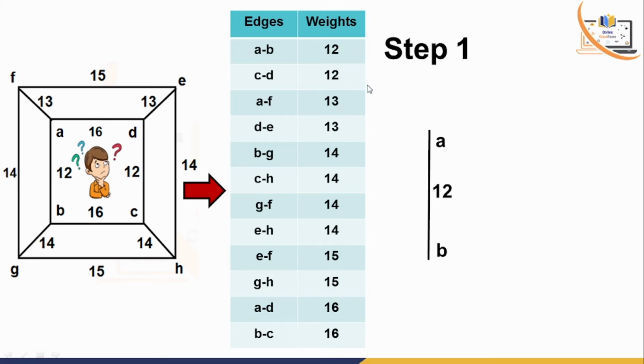And look, if I focus on step 2 and if I select that edge CD, still this particular figure doesn't form any kind of circuit, right? So we can select this particular CD edge. But if the corresponding edge will make any kind of circuit, then we have to discard it.